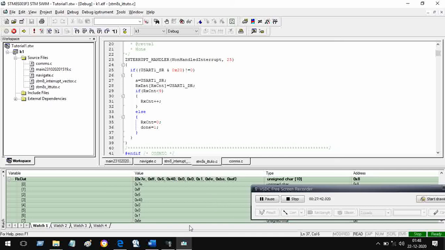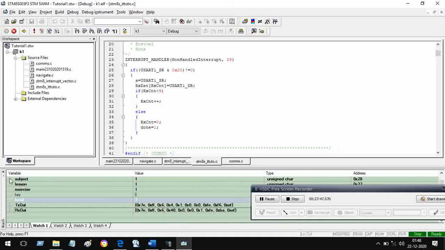In the next lecture, we'll see how this response is handled. But right now what you have seen is how to eventually transfer controls or commands gathered from 7 keys to the MP3 module over a serial port. This is what we wanted to do, and this is what we have achieved, but we have not heard the sound so far. In the next lecture, we'll hear the sound also.